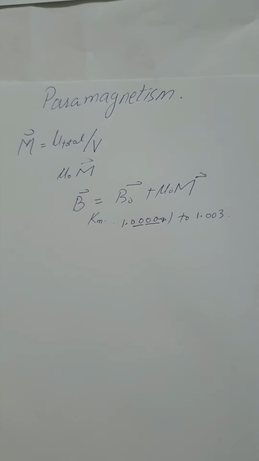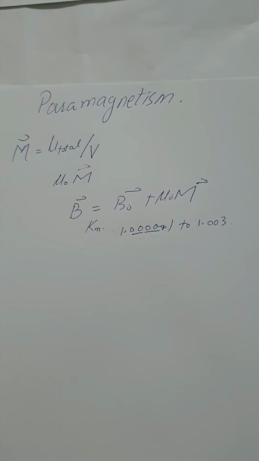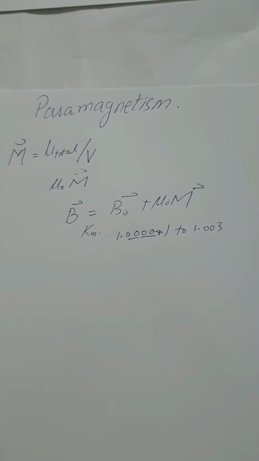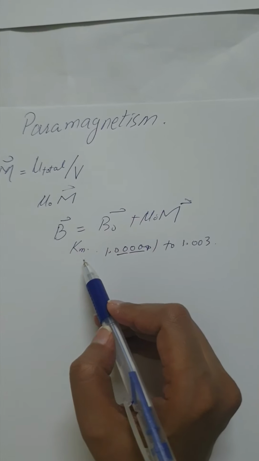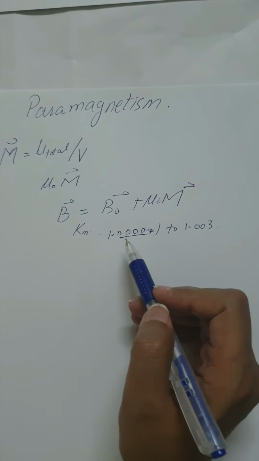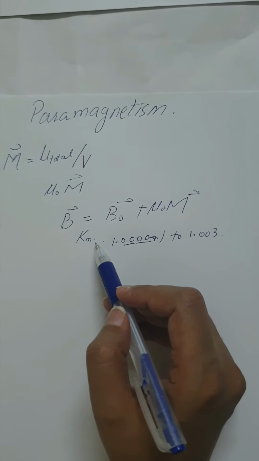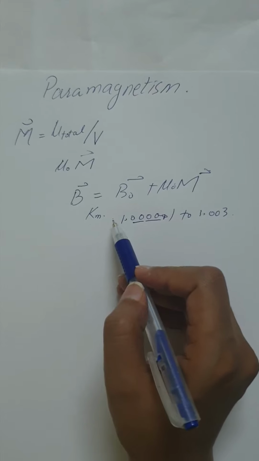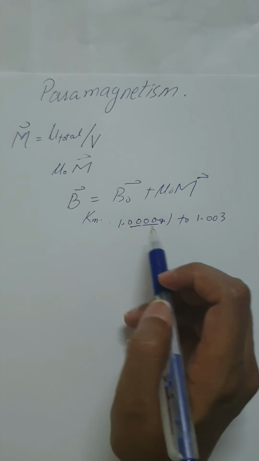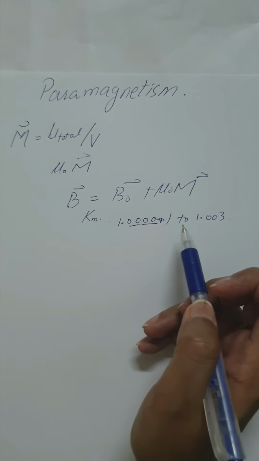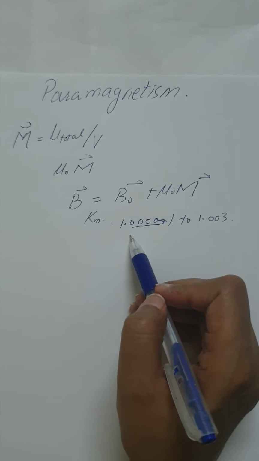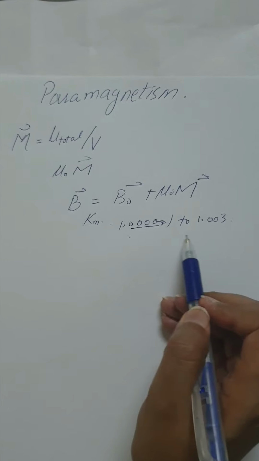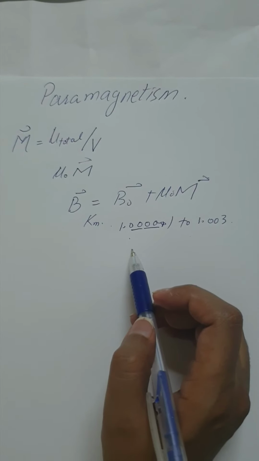The result is that the magnetic field at any point in such a material is greater by a dimensionless factor Km, called the relative permeability of the material, than it would be if the material is replaced by vacuum. The value of Km is different for different materials. For common paramagnetic solids and liquids at room temperature, it ranges from this value to this. And